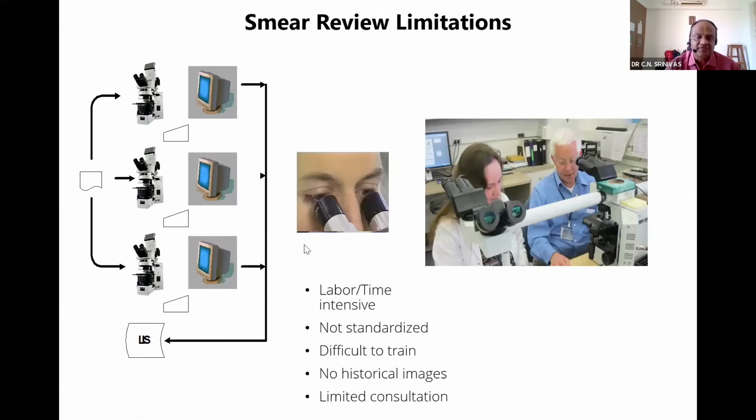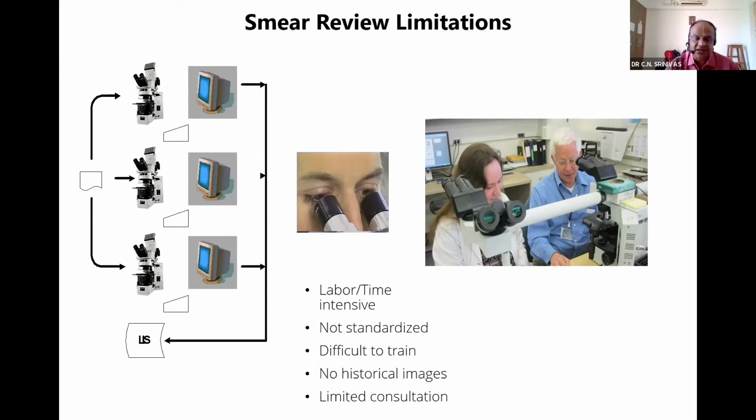Now, when slides get transferred from one pathologist to another, there is labor involved, which may be time-intensive, about 30 minutes, which we have to routinely spend even to rule out MP, the malarial parasite. It may not be standardized because of the peripheral smear staining, or the field of view of the microscope may be different. And it is very difficult to train the technologists as well as the morphologists, the junior residents or senior residents, to make sure that they can catch a good image and good cellular characteristics to diagnose the case itself.